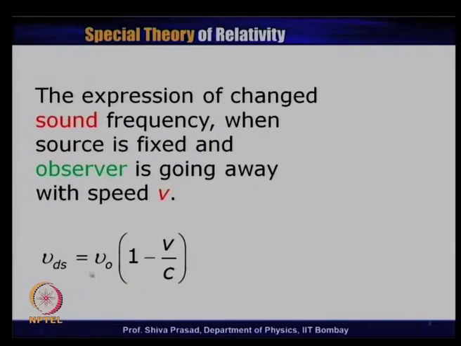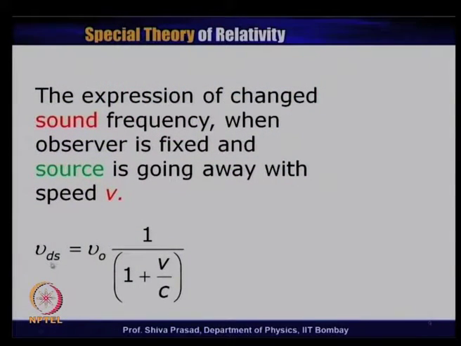This is the new frequency, which will be heard by the person. On the other hand, if the source itself is moving, which I have said is fundamentally different from the earlier case, then I will get a slightly different expression, given by nu_ds, the Doppler shifted frequency, which is equal to nu naught, the original frequency, multiplied by 1 divided by 1 plus v by c,